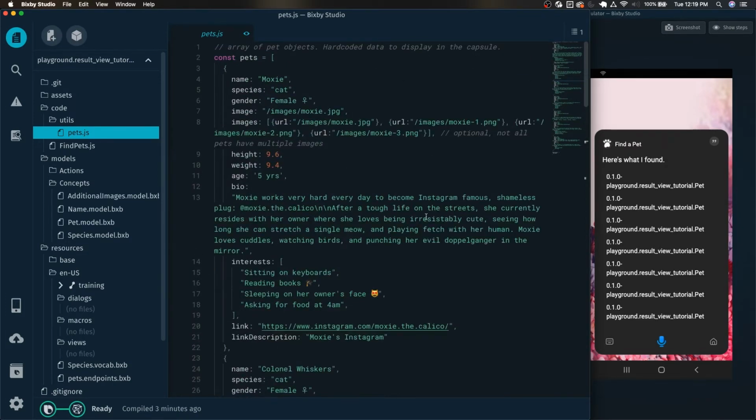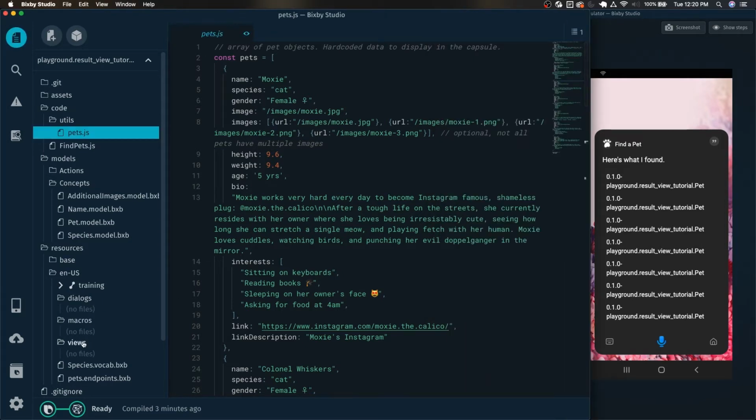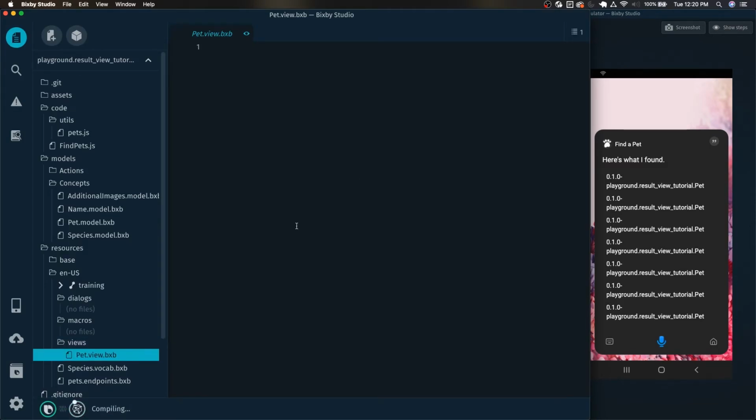But we're going to first deal with this screen here. We want to be able to see preview pictures of the pet along with a little bit of detail as well. So let's go ahead and get started. We actually need to create a new view file right here by right-clicking there, and we're just going to name this pet.view.bxb and click create, and this will be a result view